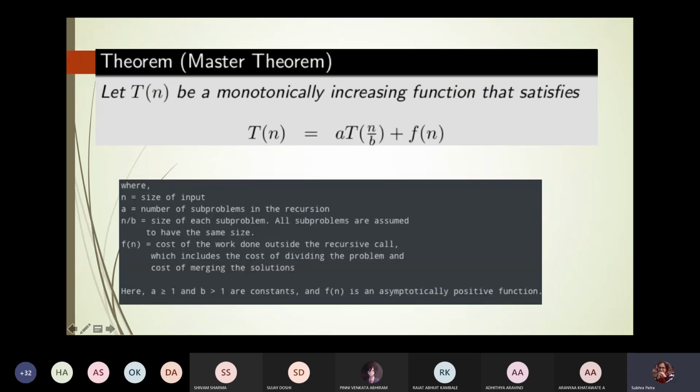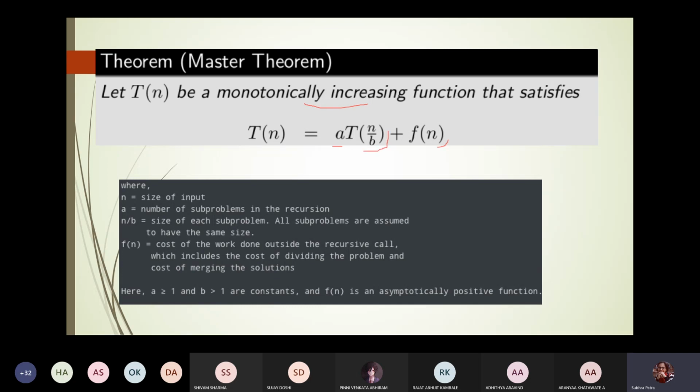So we'll see how we are going to solve the recursive type of problems with the help of a master theorem, which is already predefined. If our recursive function is following certain criteria, then we can directly apply this master theorem concept and find out the time complexities. And for that, what we have to have is, if we are taking our recursive function T(n) in this format, that is, it should be a monotonically increasing function, okay, and the format should be T(n) = a T(n/b) + f(n), okay.